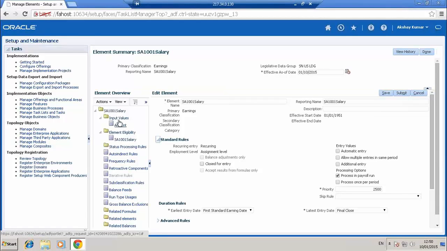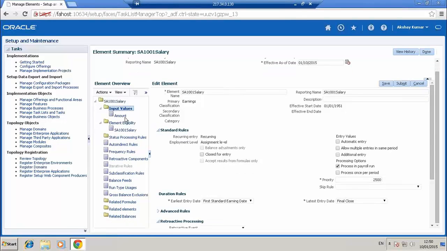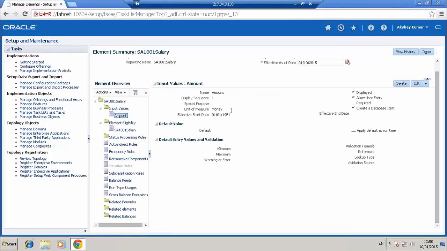Then you have the input value available for the particular element, which I gave as amount. So this is the input value. You can also select whether you want it to be displayed or not, allow the user to enter it, and whether you want that input value to be required or mandatory, etc. Creating a database item is used mainly for fast formula.